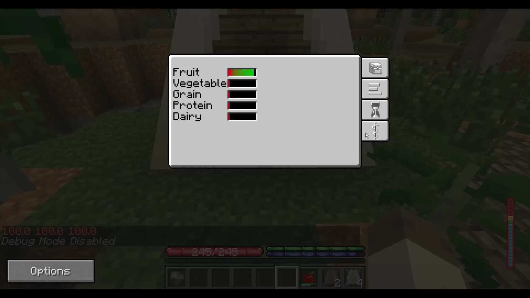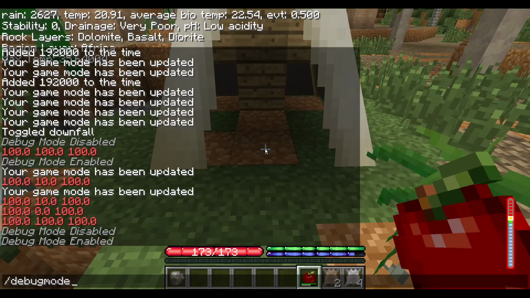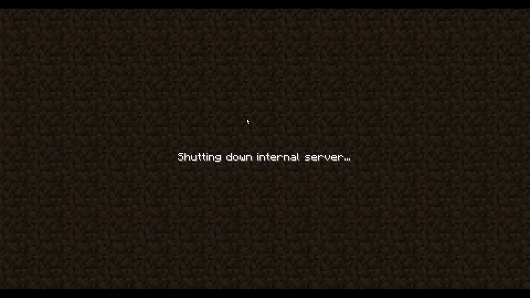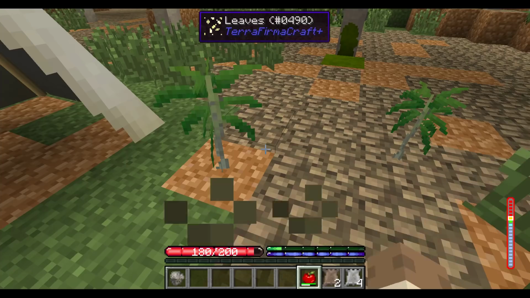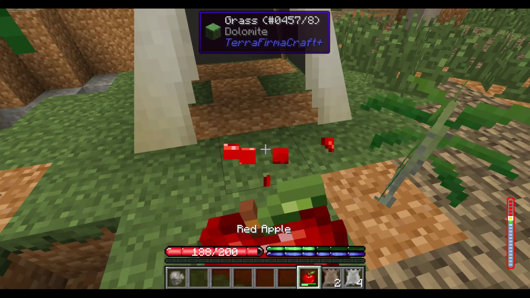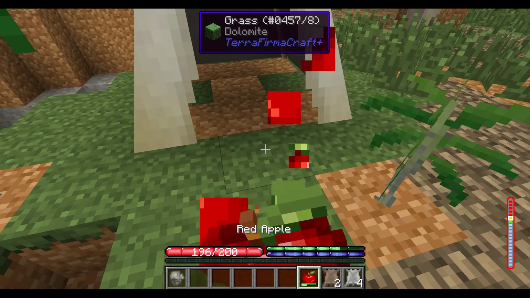Is this going to continue to go down? Oh man, this fruit... Yep, that's kind of annoying. I guess that's what happens. Gotta keep eating more fruit. You know what though? I bet if I logged out or exited the world and then came back in. Yep, that stops things from going down. So now we just have a regular old 200 health. And we'll just eat this so that we're no longer hungry. Anyway, so we have